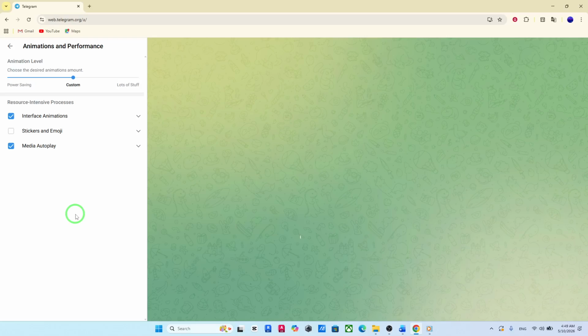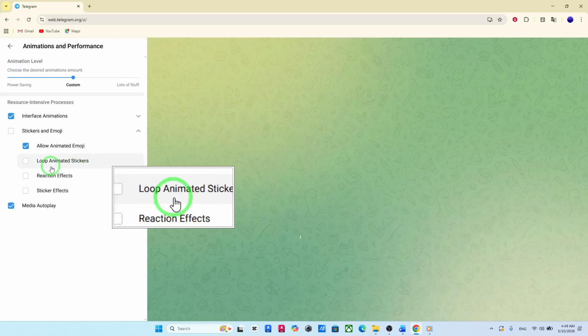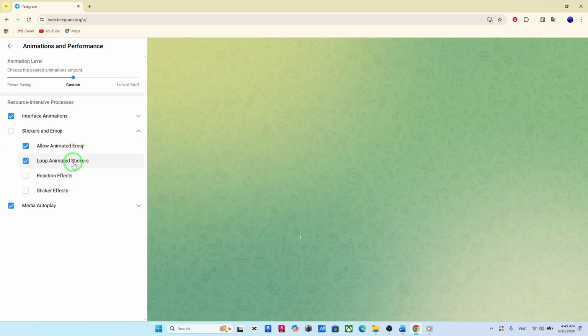Once you're in Animations and Performance, find the option labeled Stickers and Emoji. Under this section, you'll see a toggle for Loop Animated Stickers. All you need to do is switch that option on, and that's